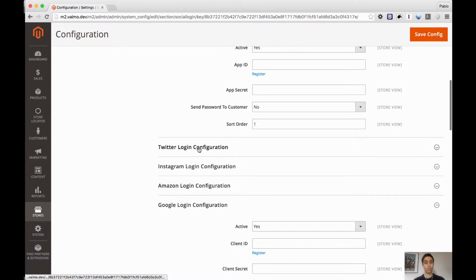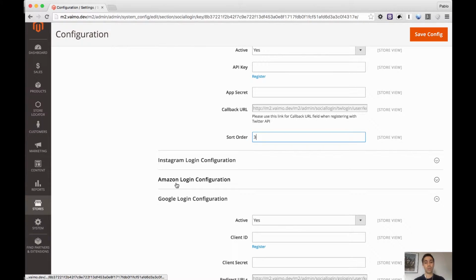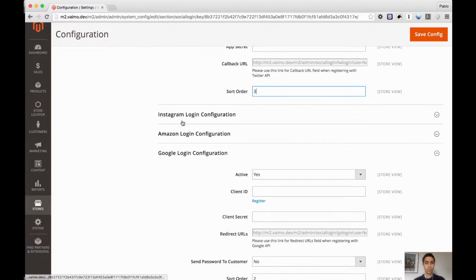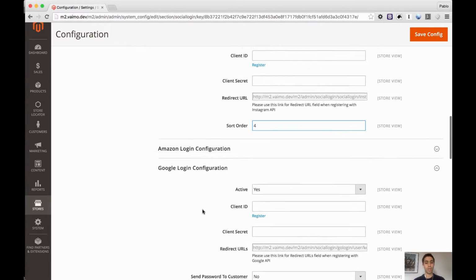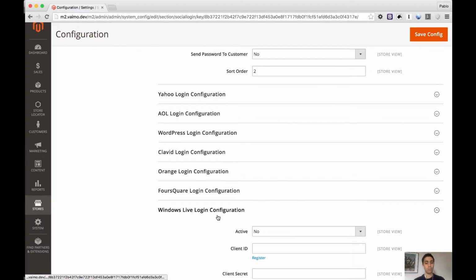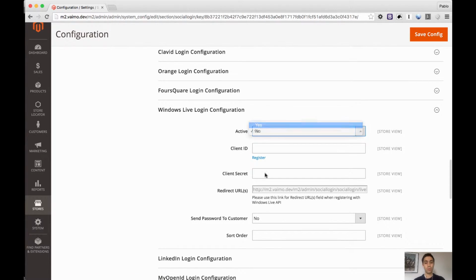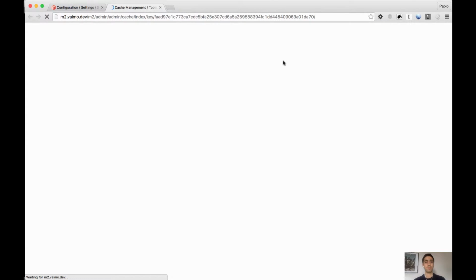Then we want to show Twitter, so let's keep this one as active and use sort order number 3. And then we want to show Instagram, so this one will have sort order number 4. And then we want to have Windows Live, so let's enable this one and set this one to 5 or 6. So if I now click save and I clear my cache,